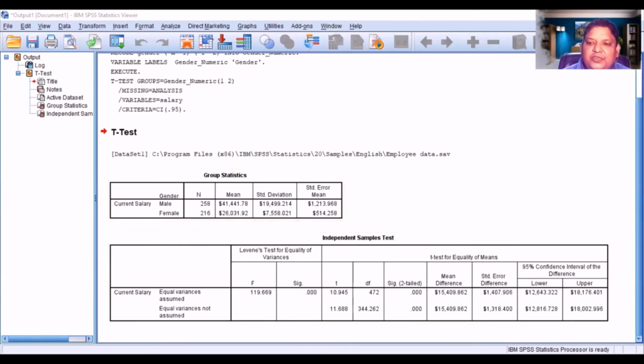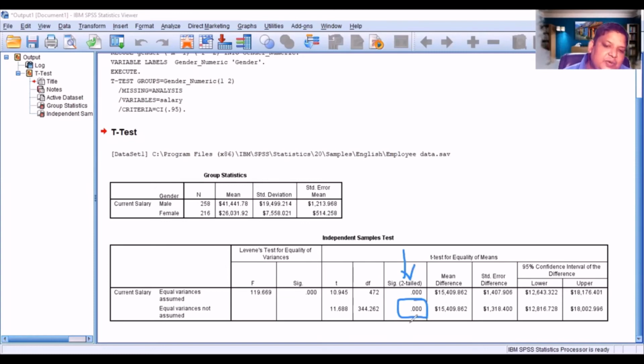Now, whenever we are going for the t-test, we are assuming this second line, not the first line. Equal variance is not assumed. Fine, we'll go for this line. Second line, equal variance is not assumed. Look for this value, significance two-tailed. Let me take a pen and then I'll tell you. Look for this value. Significant two-tailed. So this is the significance value you need to see.